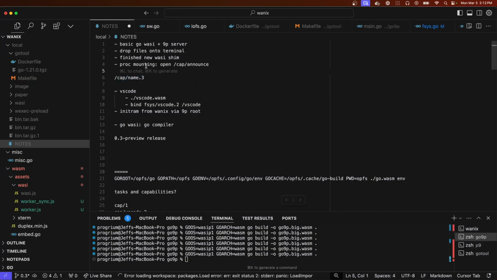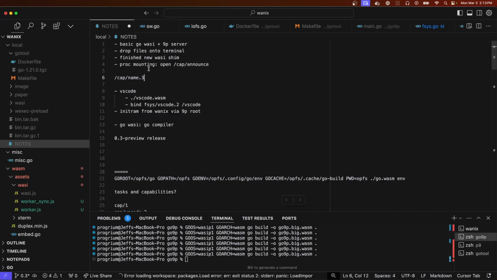Anyway, so with that, that basically turns our ability to run WASI executables into a way to extend our file system. So you can now, if you were just using this as some kind of cool programmable virtual file system, use WebAssembly to create new file services that can be mounted. So that's cool on its own.